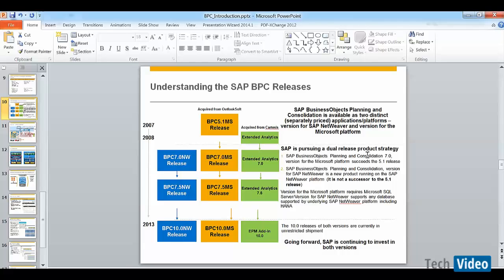of BPC was 5.1, and it was only supported with a Microsoft database. So once SAP acquired BPC from Outlook Soft, it continued the Microsoft line, and it innovated and brought in 7.0, then 7.5, and then 10.0 versions of the Microsoft BPC. However,